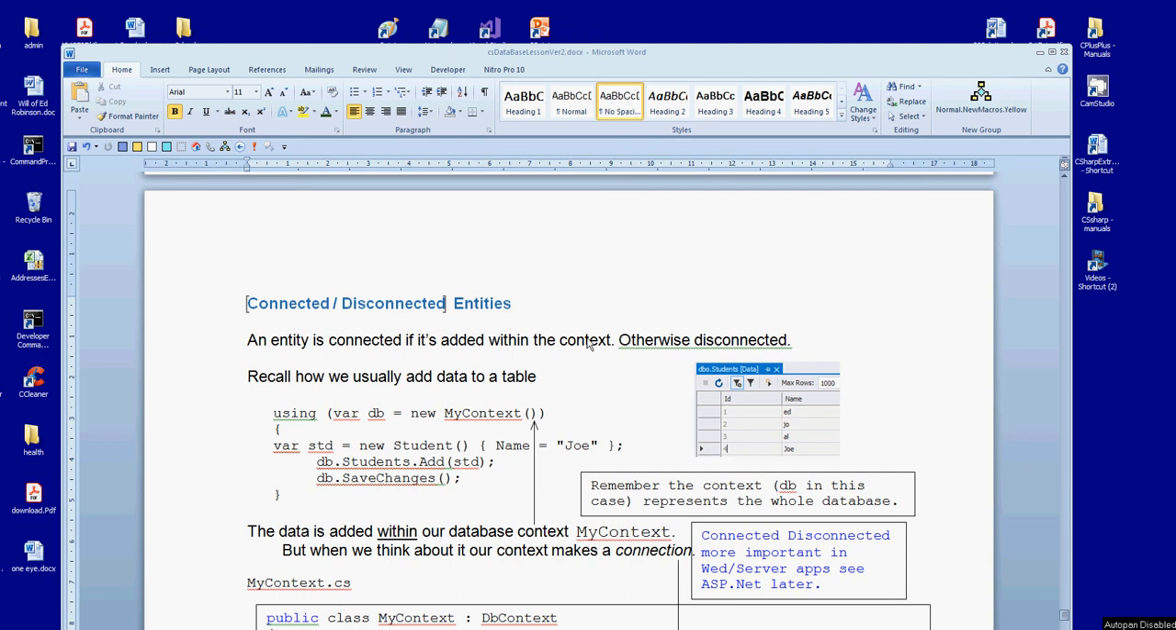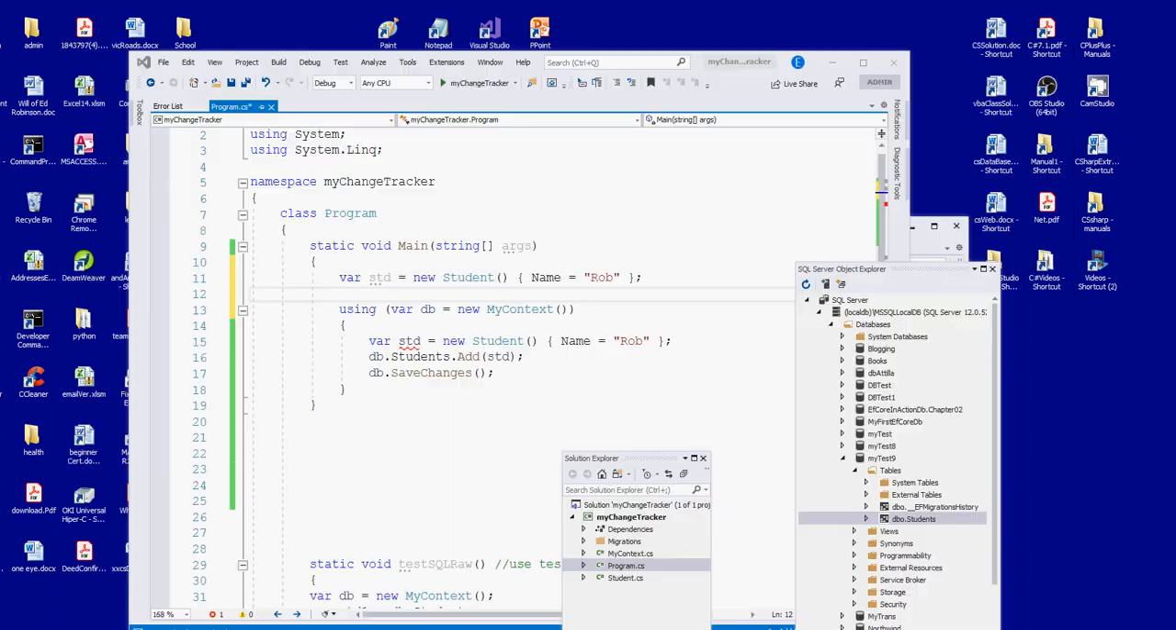Disconnected and connected entities. An entity is connected if it's added within the context, otherwise it's disconnected. Let's see what we mean by that. In this case, we're adding a student within the context,